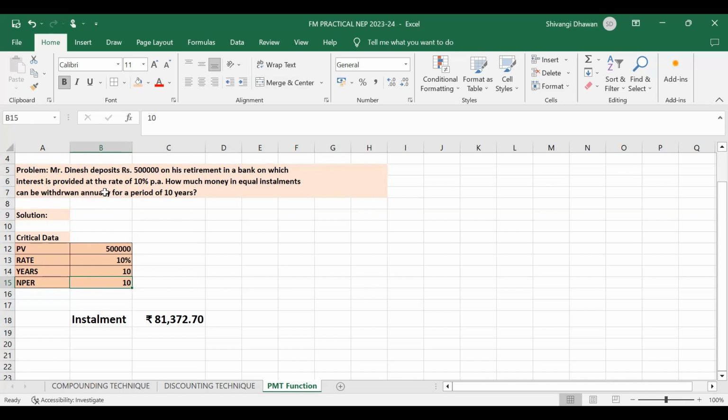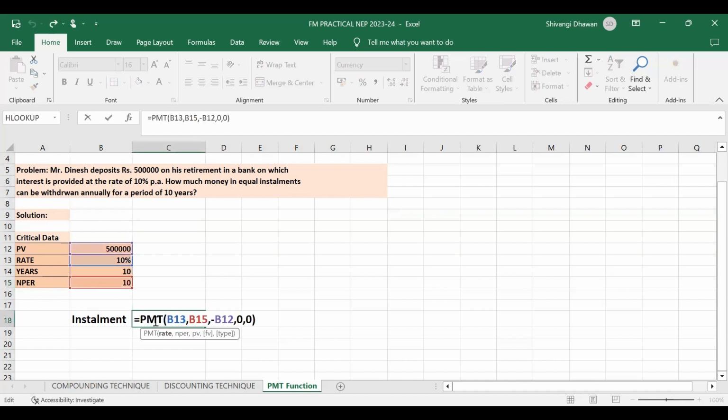Now, if you read the question again, you understand that you are asked to calculate the annuity amount, right? The installment amount, the equal installment amount that you will be withdrawing annually for a period of 10 years so that you can pay back your loan. So for that purpose, you will be using the PMT function. So is equal to PMT,